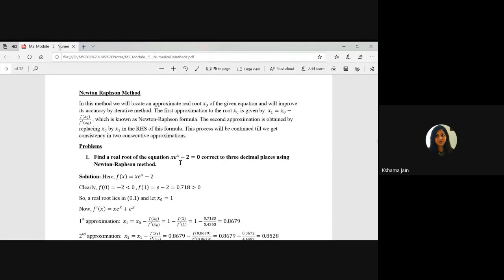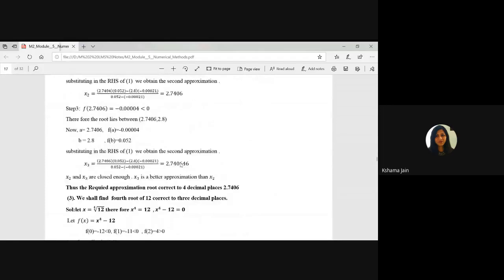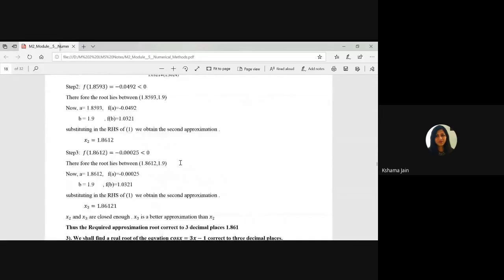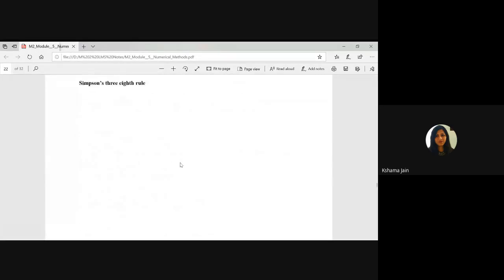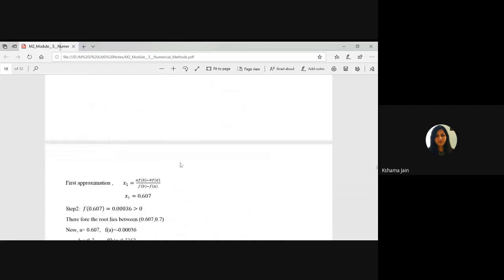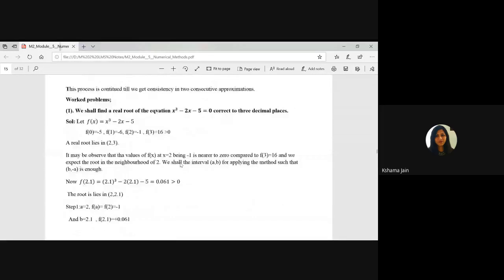Newton-Raphson method. First tell me, is it fine if I start it now, or do you want it in another class? Because this is already formula based only. I will complete this module by next week, maximum. 31st will be the last date to complete the syllabus. We do one thing: next lecture only I will take, and in that numerical integration I will complete. Yeah, next week only. Okay, if you are fine, I can start the Newton-Raphson method. Can I start today?